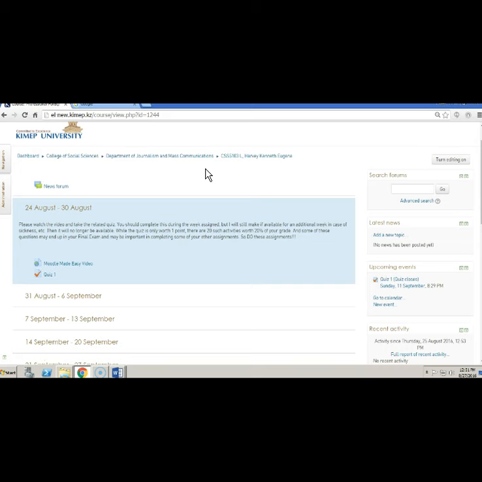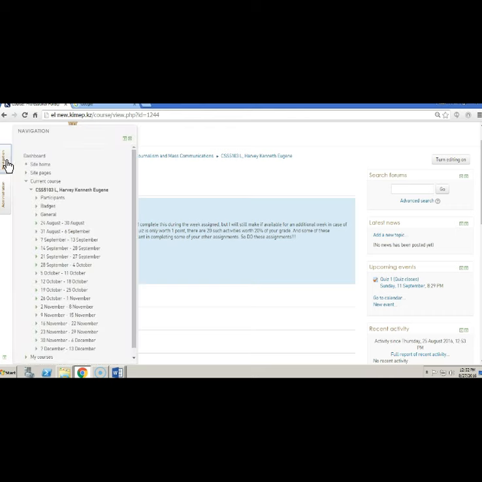So you can use those hyperlinks at the top to go back and forth from one assignment to another or whatever. Also under navigation, if you have more than one course, you can jump to other courses and different portions of a course. So in this particular course, it has every week. I think these dates are wrong because I set this up on the 24th, and so it's doing every week since then. So it's not quite correct. I may have to go back and change that, but you get the idea.